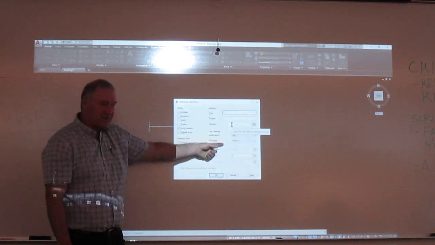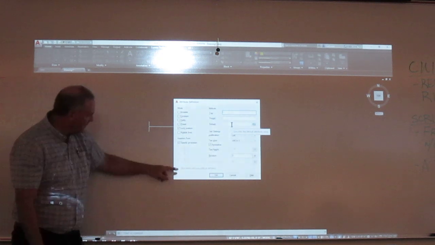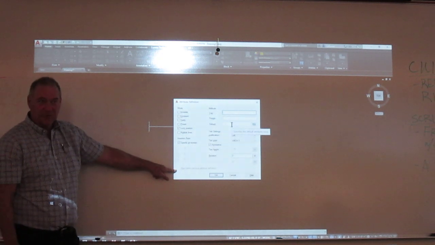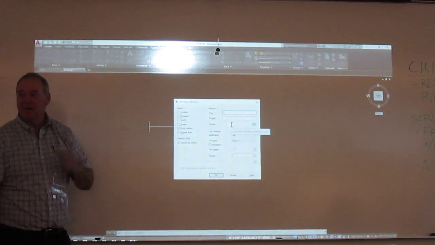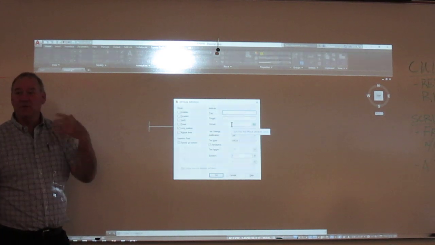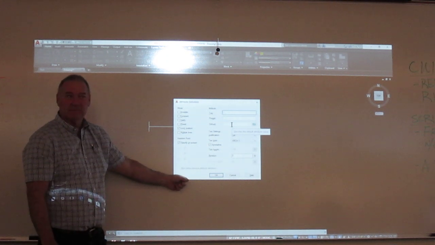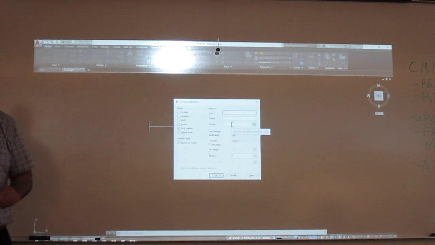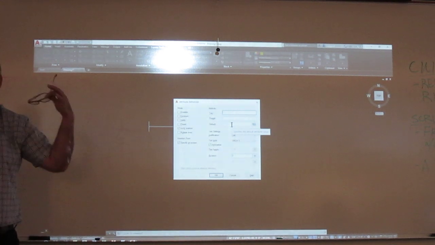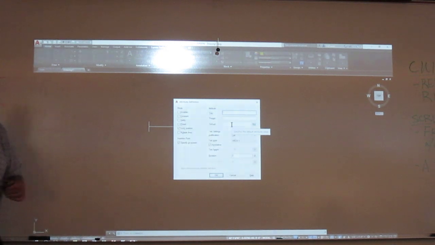You just want to use your text style. I think everything else is good. Now, one thing down on the bottom, you see this little grayed out box, align below previous? That will pop up when you do your second one and you're able to choose it. And that keeps your attributes kind of organized. Now that's with a block. If I'm doing a title block where I've got my stuff down in my title, I don't want to lock those in a row. Okay. But that's going to be a nice little spot for us.